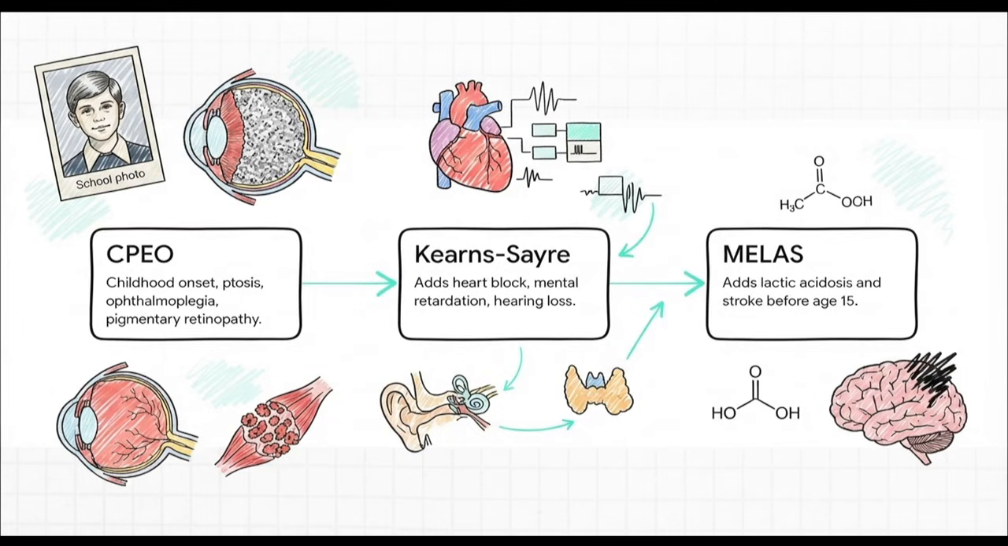It also brings ophthalmoplegia and a salt and pepper pigmentary retinopathy. If you took a muscle biopsy, you'd find ragged red fibers where the diseased mitochondria clump together. Stepping up in severity is Kearns-Sayre syndrome. This has all the visual signs of CPEO, but adds severe systemic issues like heart block, hearing loss, and endocrine